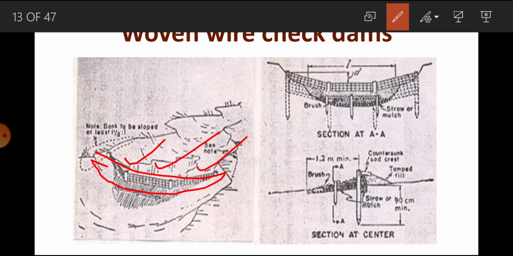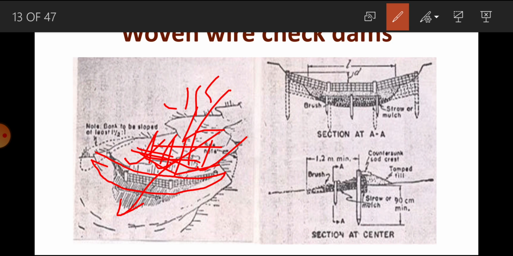So to avoid this, you have to keep some straw, some loose material, or you can say some fine shrubs here, particularly on the upstream side. So on the upstream side, there would be straw, over which runoff will flow, and then water as well as sediment will deposit here, and then a controlled amount of flow will go into the downstream.